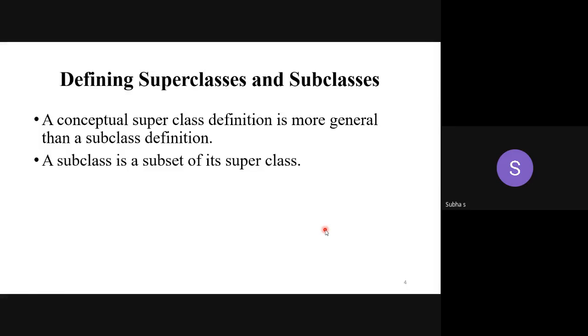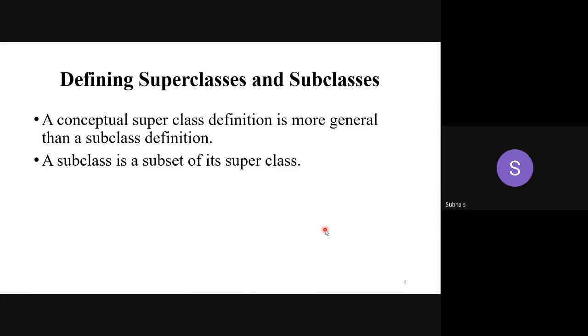No need to define the features again and again. So I can use the features of one class through inheritance. So the class from which I am inheriting is called as what? Parent class or base class. So the class which is inheriting those features, that is called as child class or derived class. Parent and child, or base class and derived class.